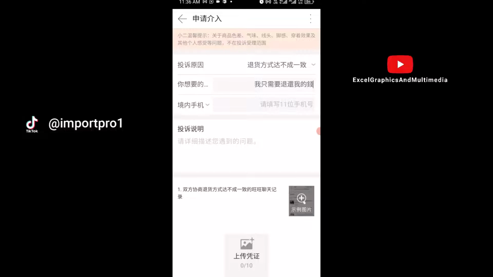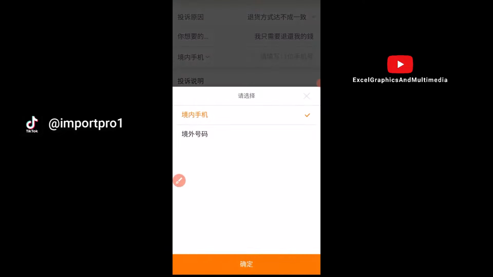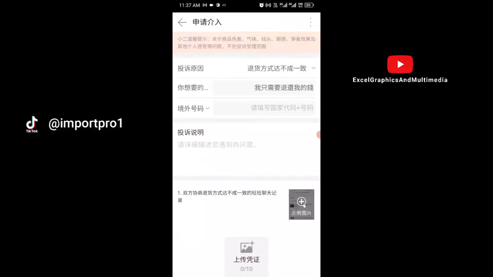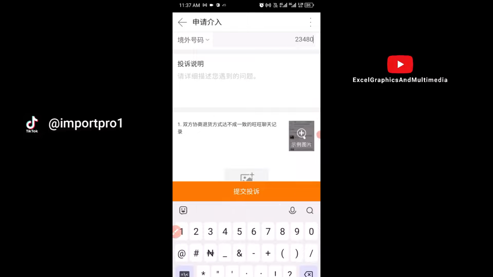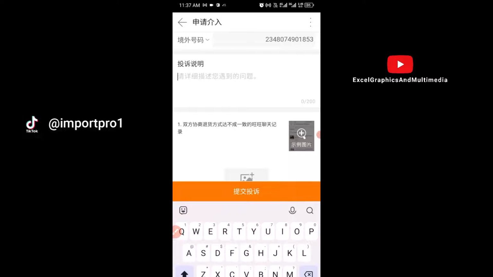So a lot of people make mistakes right here, most especially if you are a foreigner. So if you are a foreigner, you have to make sure you click on here to choose your foreign option. Then after you click on that, make sure you select this. Once you select that, click on here to accept. Then the next thing you need to do is to enter your foreign phone number here with your country code. So I'm going to enter my phone number right here. Okay. Then once you enter your phone number, the next thing you want to do is to type the body of the message